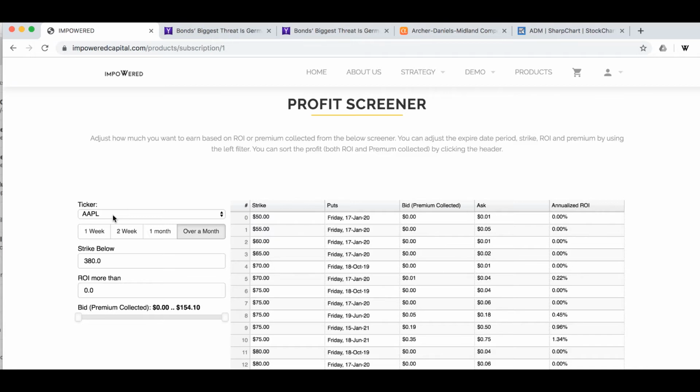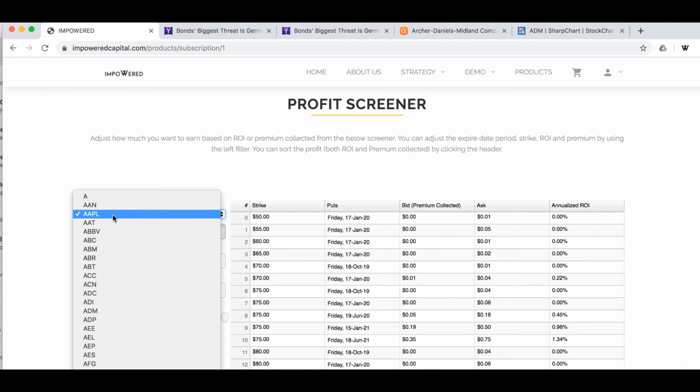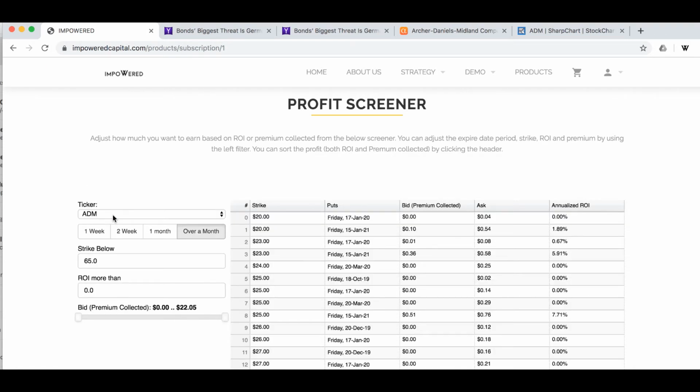All I have to do is type in the stock right here. So just type in ADM and then I select my strike price to be 38 and below. So I just type in 38. Now take a look on the right hand side. You will see that this column ROI, you can click on it. The program will automatically sort the value of the options based on the ROI. Now I know that ADM $38 put option expired on Friday 20th of December 2019 has the best ROI of